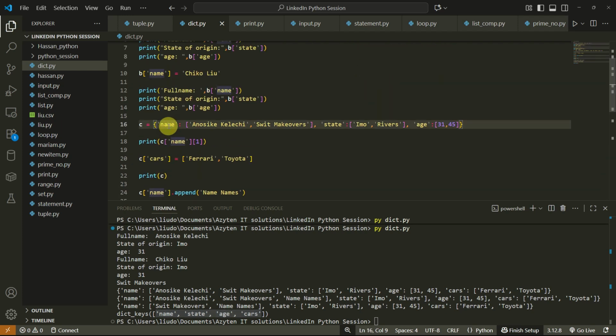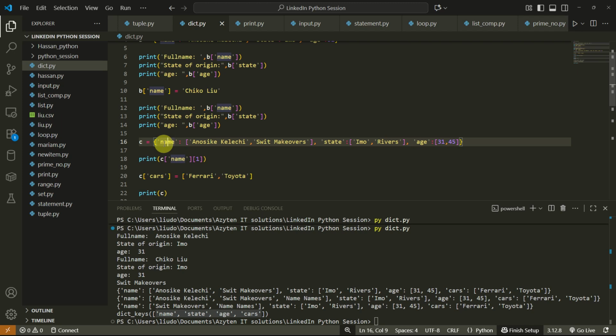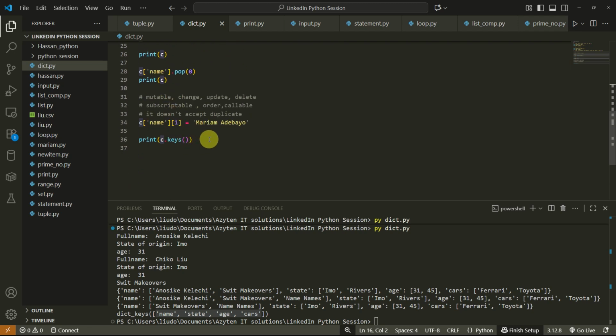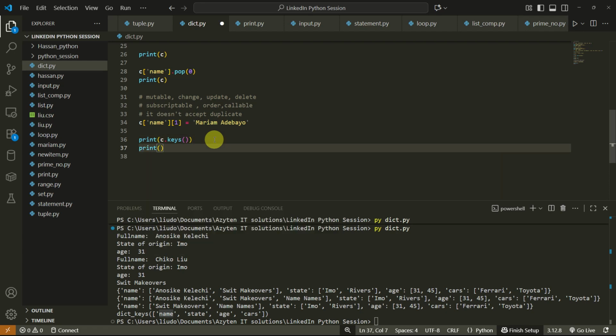So a dictionary is a key value pair, right? If you read about dictionaries, it's a key value pair. You have a key and you have a value. So if I say a dictionary dot keys, I call a method called keys. It's going to give me all the keys in that particular dictionary. And if I want to print the values, I'll just say dot values, and